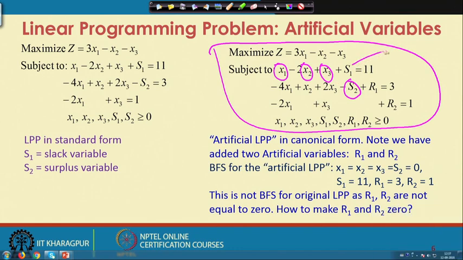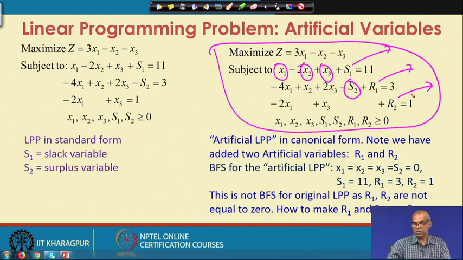So, S1, R1 and R2 are my basic variables, and the solution is S1 equal to 11, R1 equal to 3 and R2 equal to 1. So, we get a basic feasible solution for the artificial problem,